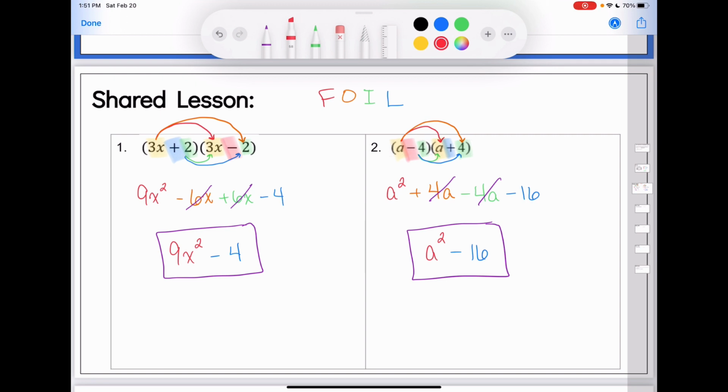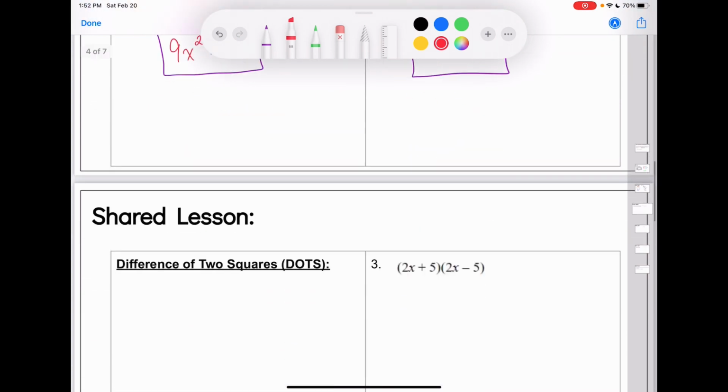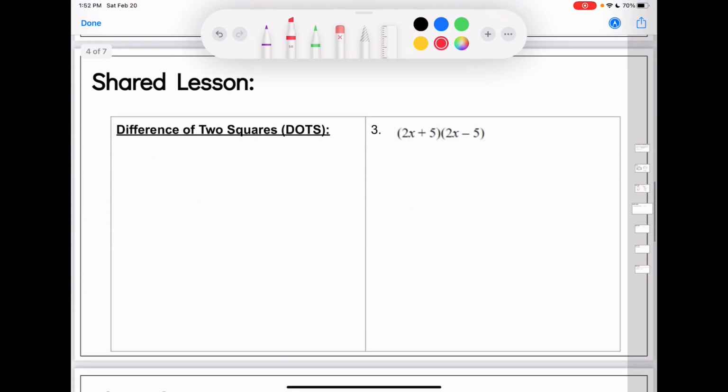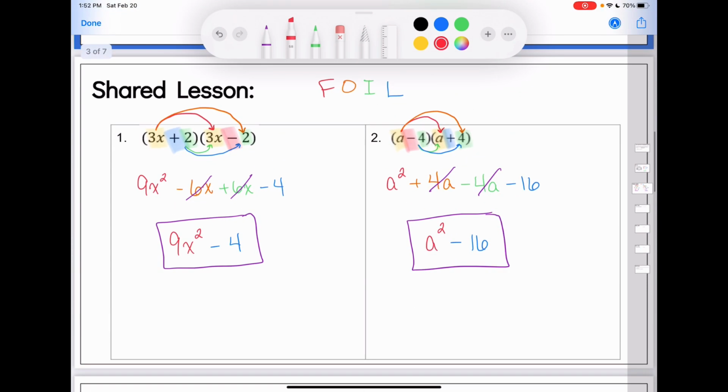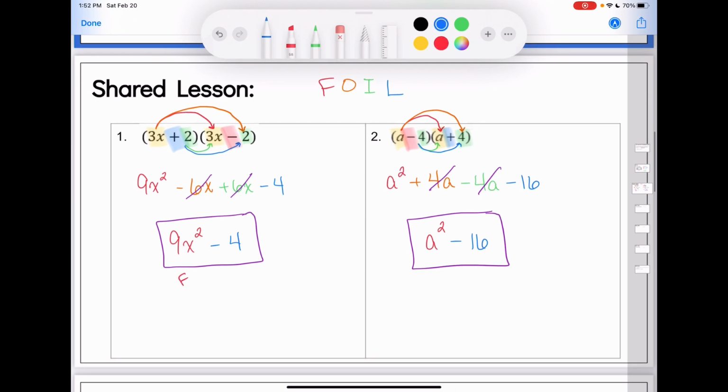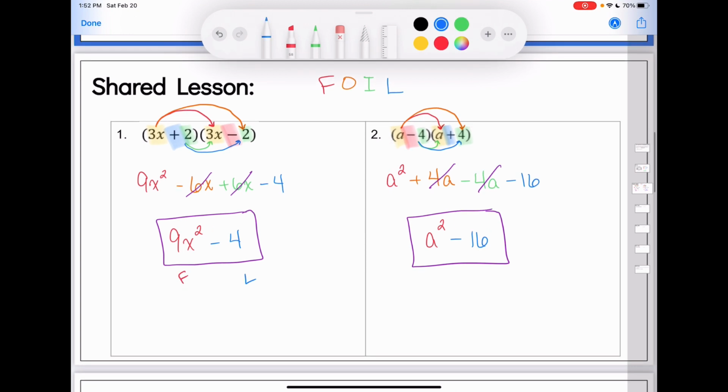When that happens, when you have that situation, the middle terms are going to cancel every single time. This is a shortcut. If you notice that's what's happening, you can shortcut your way out of the FOIL and you know what's going to happen. Take a look. What happened? I did my first term. All I have is the F and the L in FOIL, right? Firsts and lasts with a minus in between. So here's my first, here's my last, and it's always